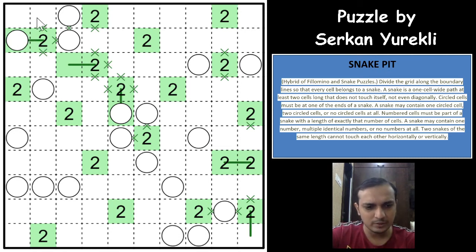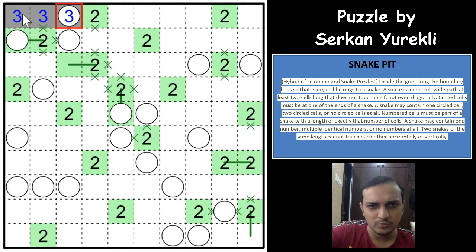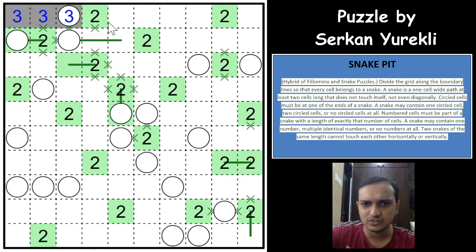Now as you can see here, this becomes a different snake, and it becomes 3 cells long. So this becomes a 3 here. I'll just mark that with a lighter color so it will be easy for us to see, and we can mark the number 3 here as well. Okay, and now this extends here. This cannot be a 2, so this extends here again, which makes this cell an extension, because the 2 has to extend here.